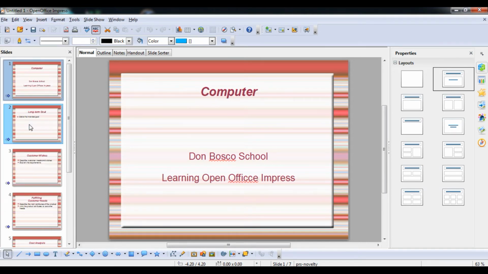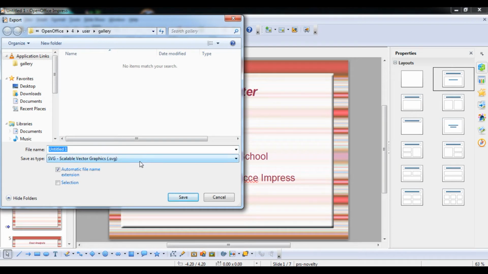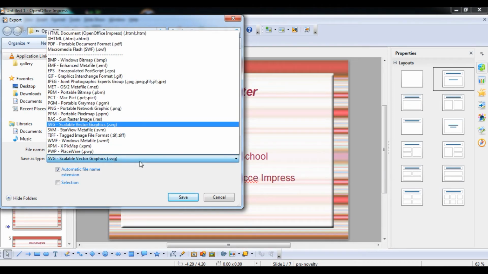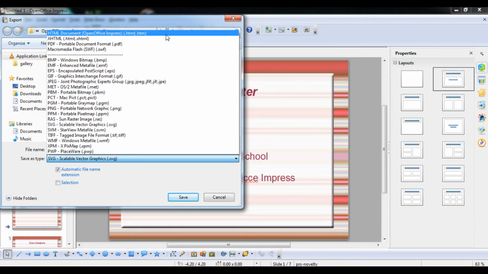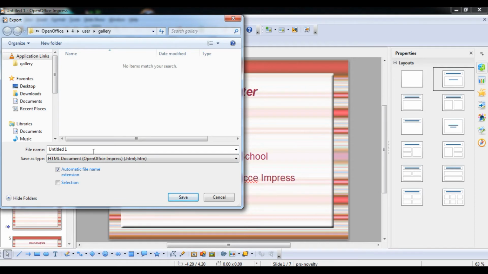Here in Export you will select the Save as type. You have to select HTML. You can see the HTML Document from OpenOffice Impress, and I am going to save it. Not in the gallery, I am going to save it on the desktop.